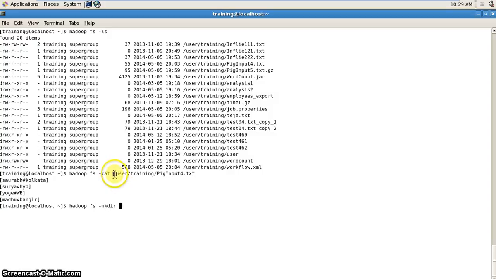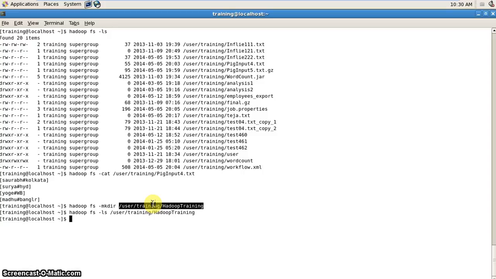If I wanted to create a new directory under the path user training, and hadoop training is the directory I have to create, I'll use hadoop fs -mkdir /user/training/hadoop_training. If I wanted to list its contents, I can simply use hadoop fs -ls and the directory name. Of course, there are no contents inside the directory we just created,